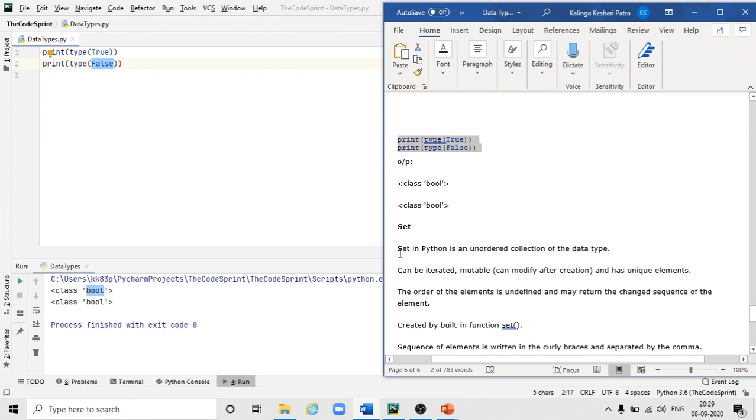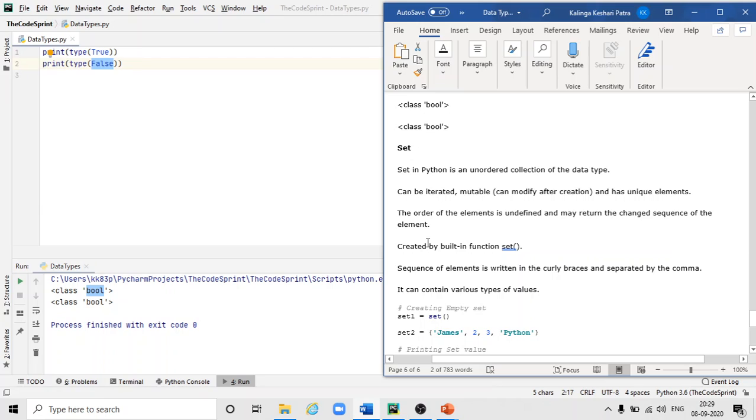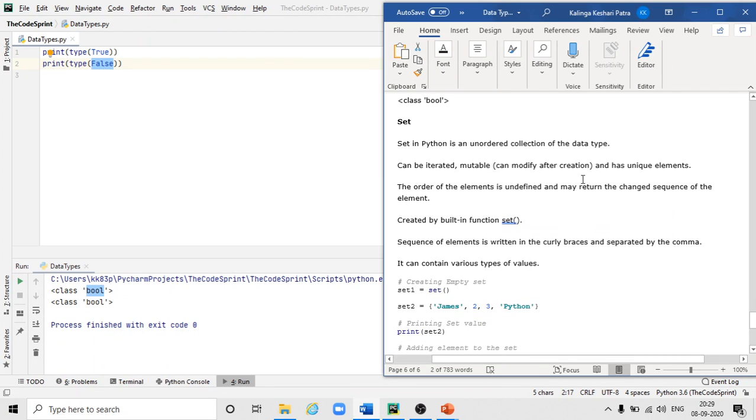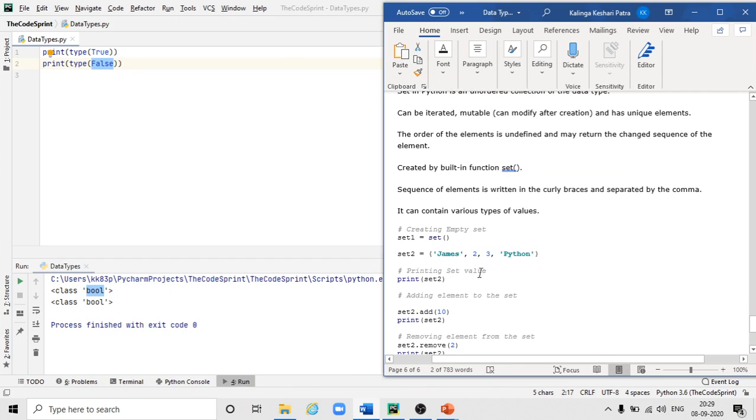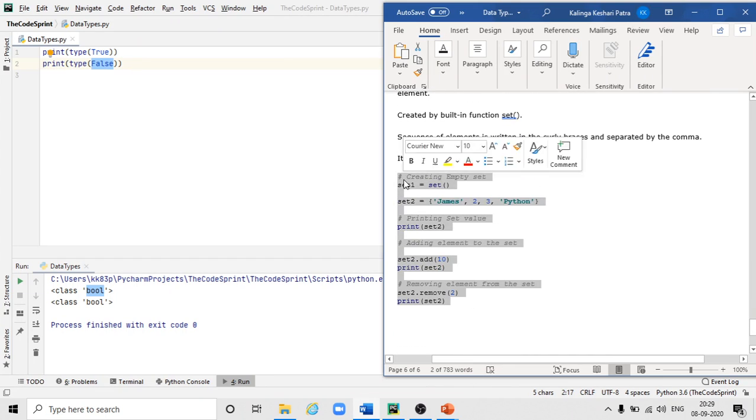Then set. So set in Python is an unordered collection of the data type. So it can be iterated, mutable means can be modified after creation, and has unique elements. So it is an unordered collection. Unordered means it could be in a different order, I'll show you, and it can be iterated. So I can iterate also. Let's understand through example.